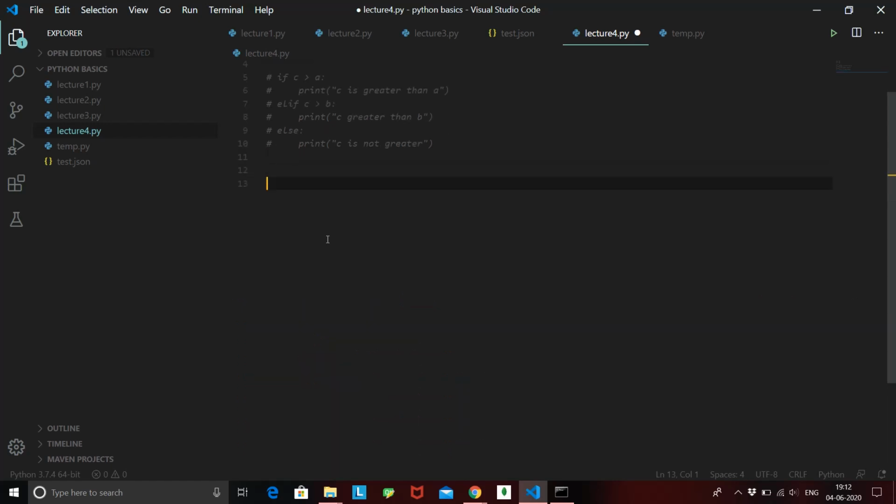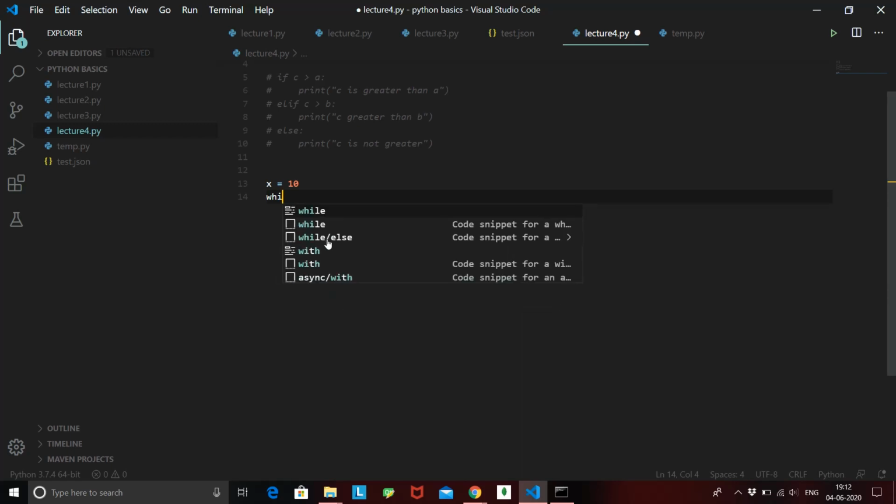Okay, so let's write a while loop, and for a while loop we need a condition first, and for conditions we'll need some variables. So if I have a variable called x equal to 10, and I want to run a loop until x is 0. The initial value of x is 10 and I want to run a loop saying run until x is 0.